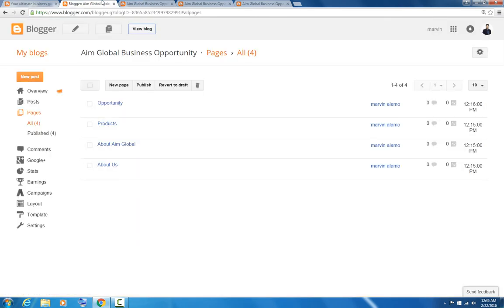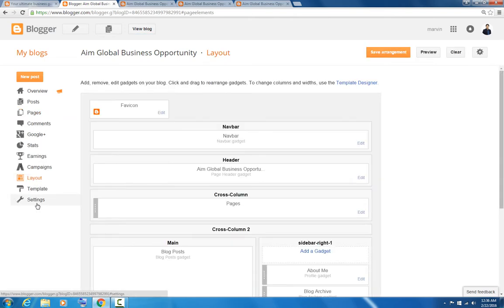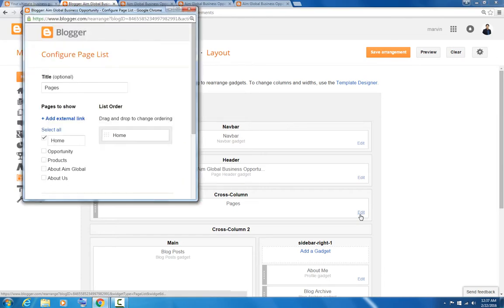So what we're going to do is go back to Layout. Again, under cross column, Pages, click edit. Then all of the external links or pages here, you must select all. As you can see, it selects all.